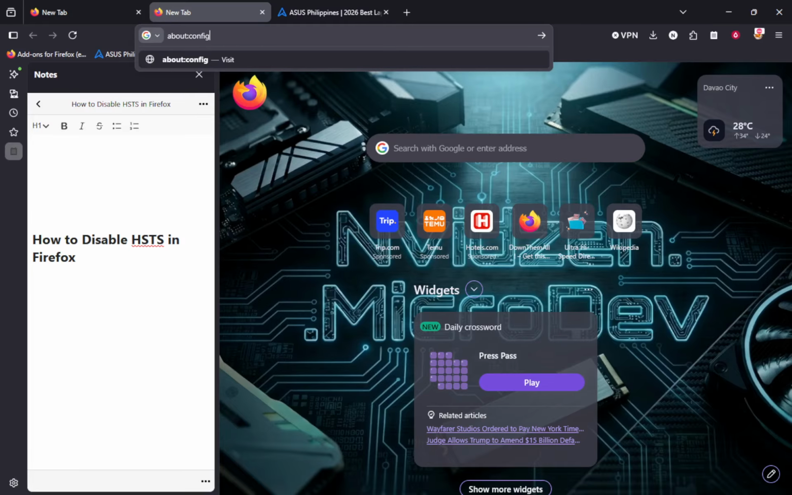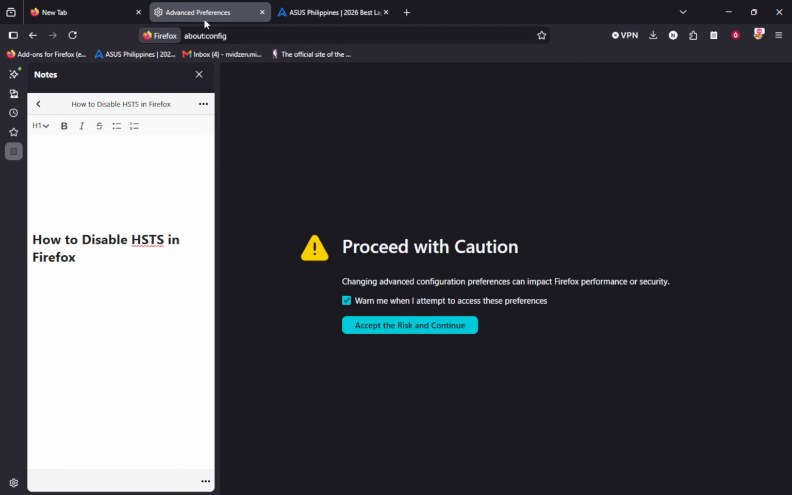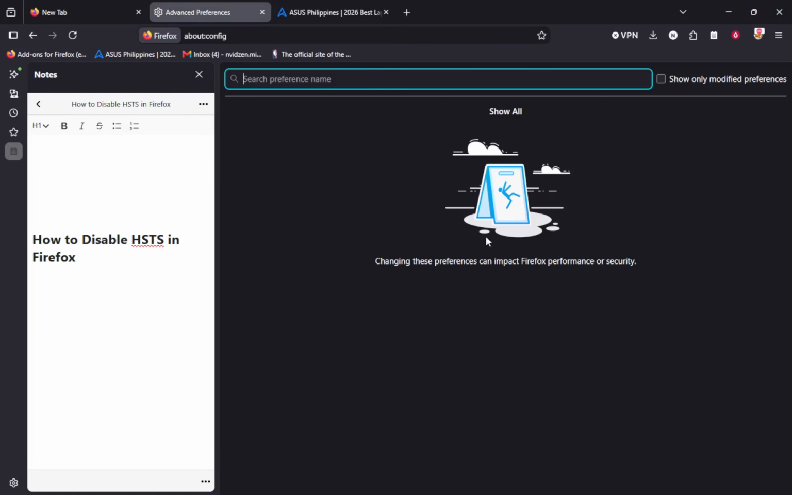Accept the warning. Firefox shows a warning page because changing these settings can affect how the browser behaves. Click the button to accept and continue. Once you do that, the full list of advanced preferences appears, with a search field at the top and many lines of settings underneath. From there, search for the setting named